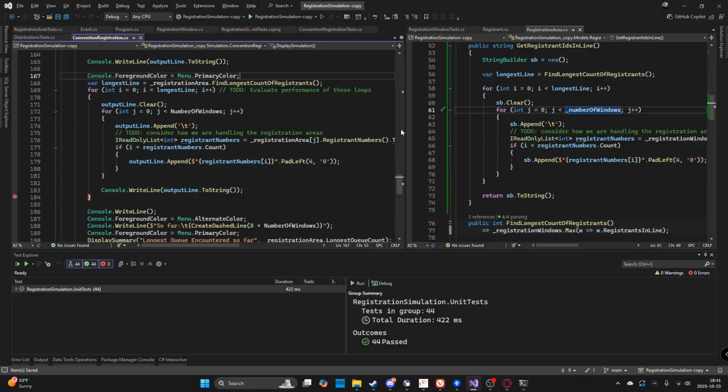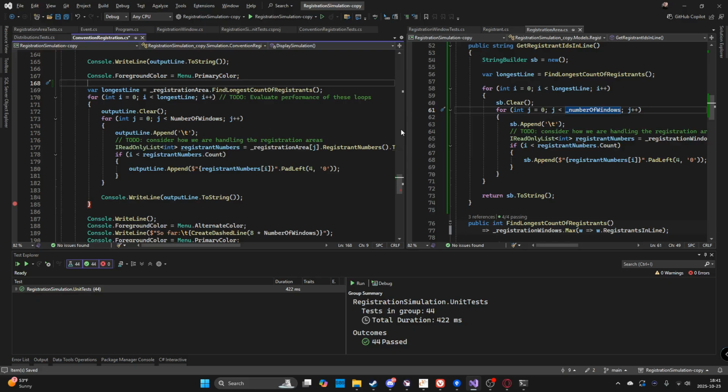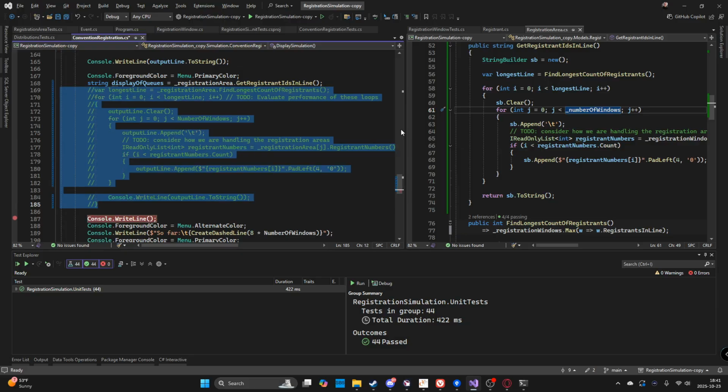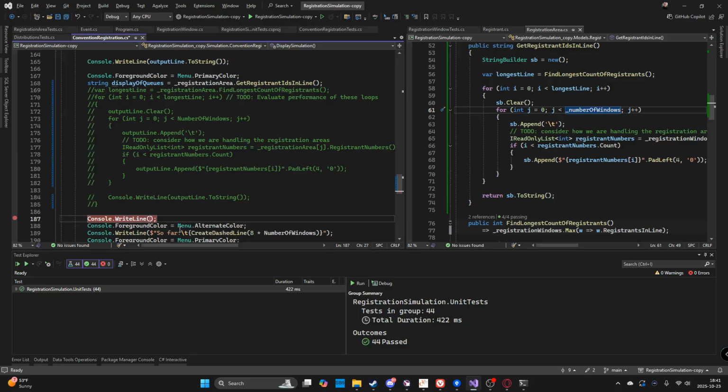So now we should be able to say string display of queues equals registration area dot get registration IDs online. This should be this. There's going to be a problem. So we'll do